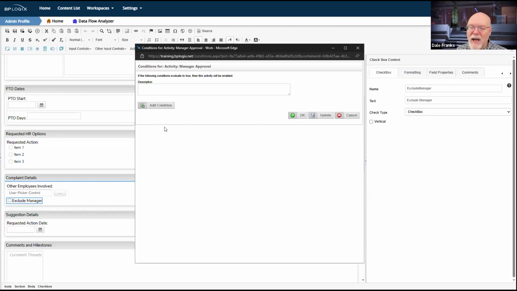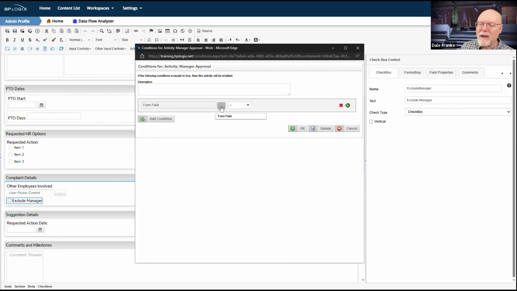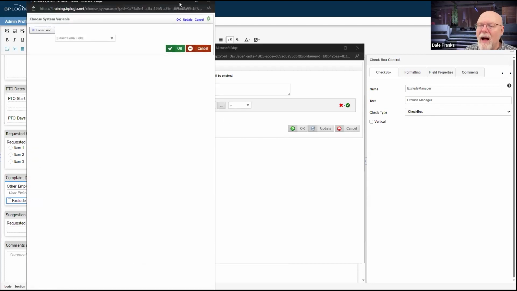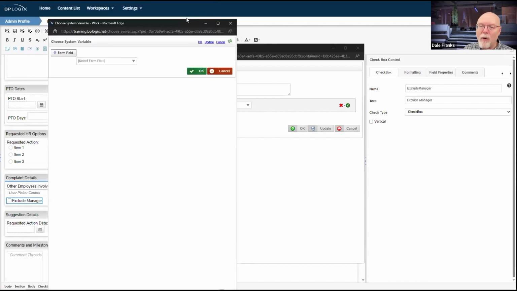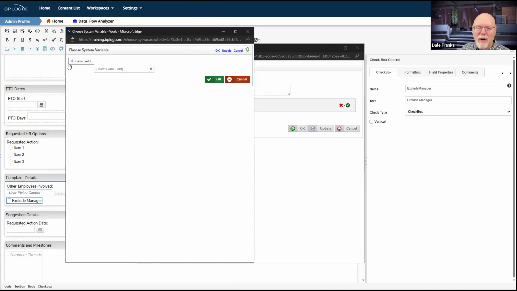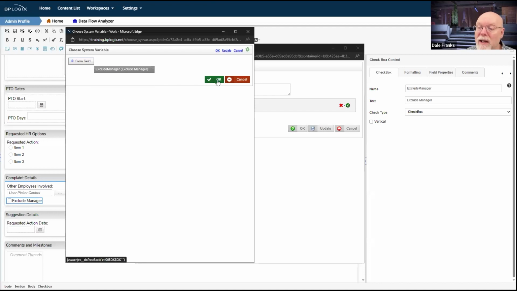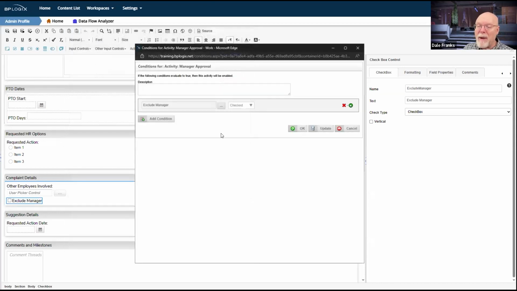So I've got to set a needed when condition for this manager approval. So I'm going to add a condition here, and I've got a couple of ways that I can do this. And this may not be the only time that I don't want my manager to see it. We'll take a more in-depth look maybe a little bit later, but I do know if I have checked exclude manager, I really, really don't want my manager to see this complaint.